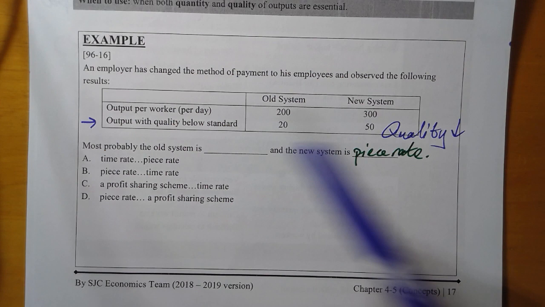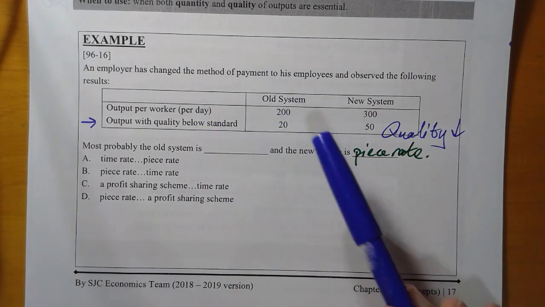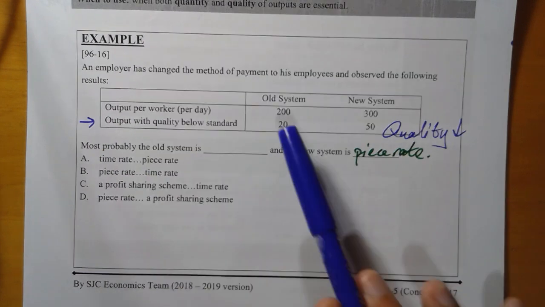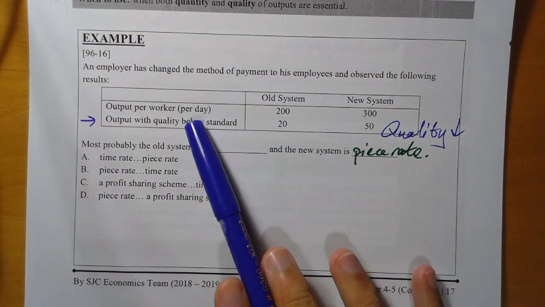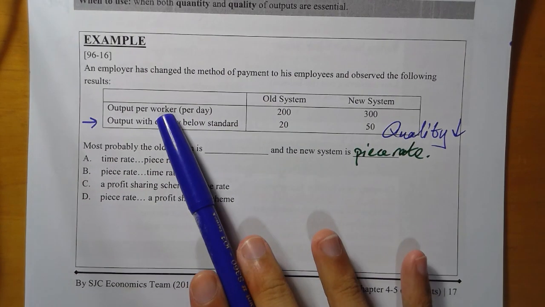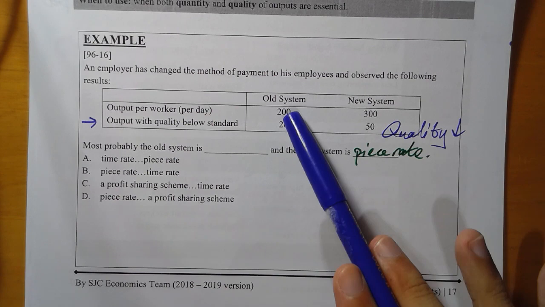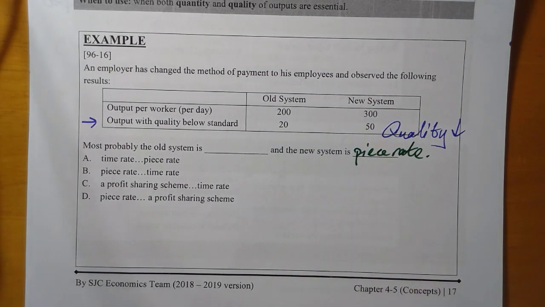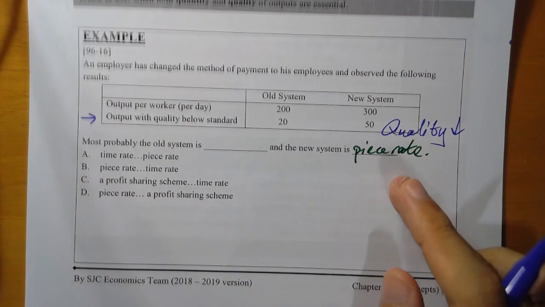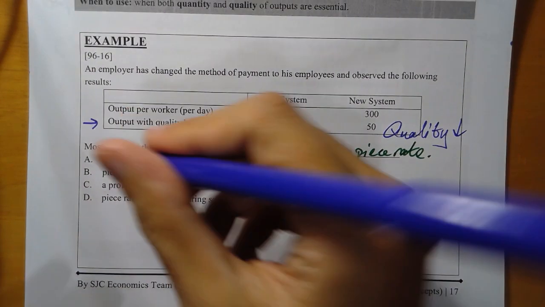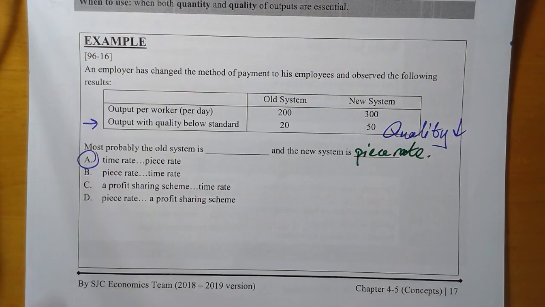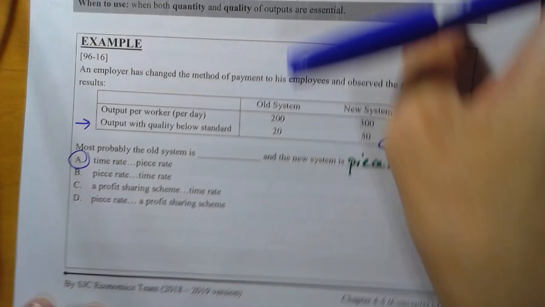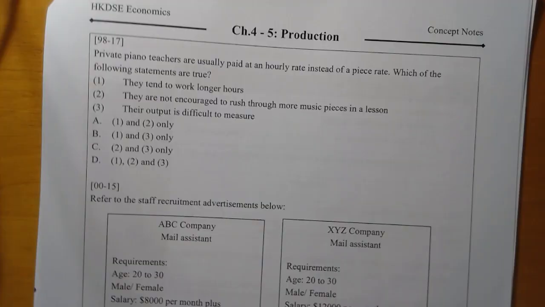Now, piece rate. Then, what is the old system? Let's look at it. Output. Here, you see, output per worker 啊，所以冇咗其他問題啊。Per worker. Old system 200, new system 300. Now you see, something is slower than piece rate. So you see, time rate slower than piece rate. 嗱，所以答案係 A 啦。